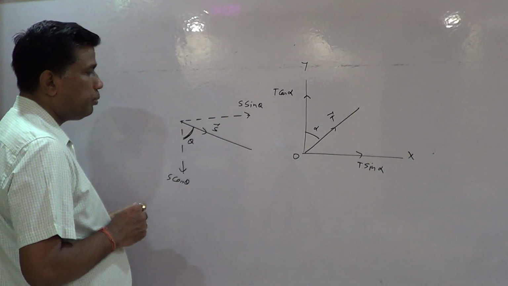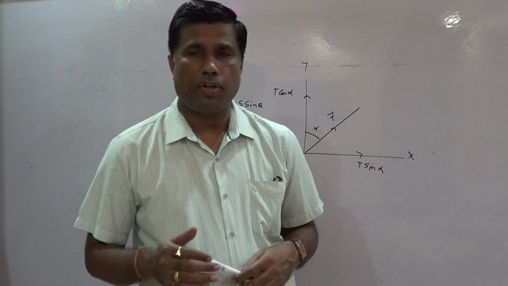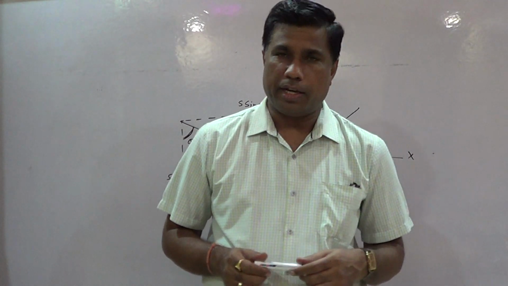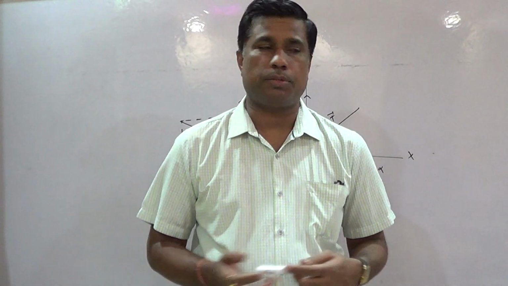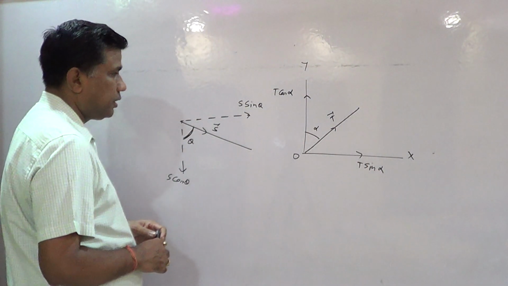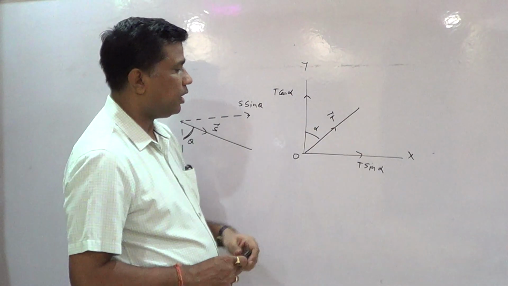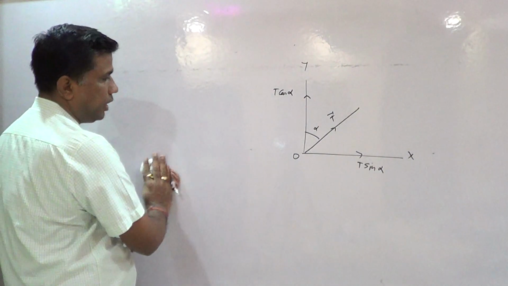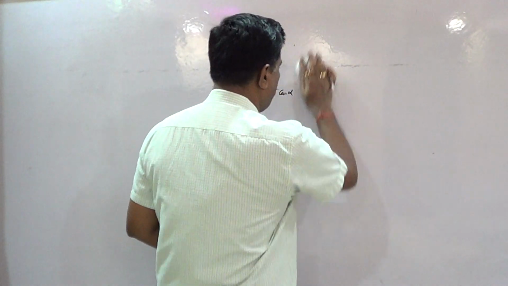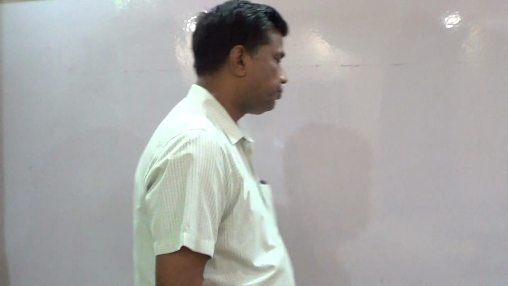Student, components in class 11th physics and 12th physics, and for further studies of your higher physics and mathematics, is a very important concept and a very simple concept: that this t has two components, t cos alpha and t sin alpha. Now student, all these components I taught you are for acute angles. Now I am going to take an obtuse angle, more than 90 degrees.